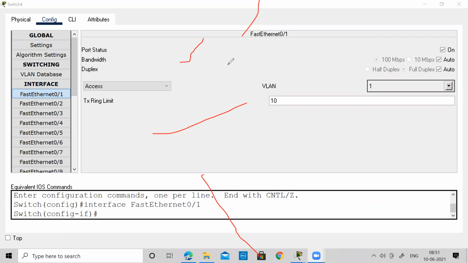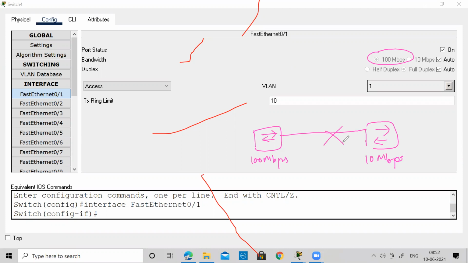Okay, what I mean to say is that if I am connected at 100 Mbps speed, and the opposite end, you have one switch connected with 100 Mbps speed, and there is another switch which is now connected with 10 Mbps speed. Here, if you try to connect this cable, this communication will not be possible. Because their bandwidth is not synchronized, especially in an IP world, the frequencies, or the bandwidth what you say here, should basically match at both the sides.